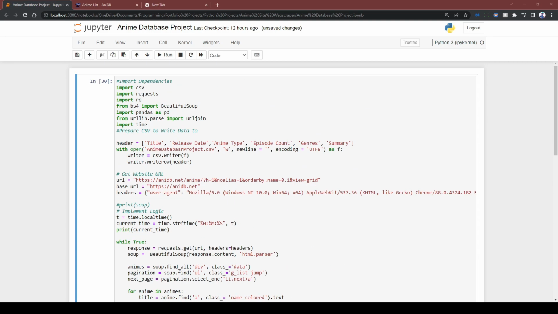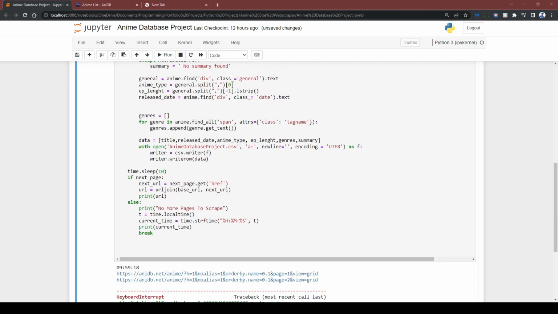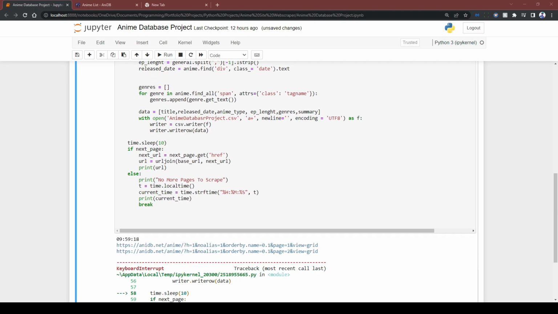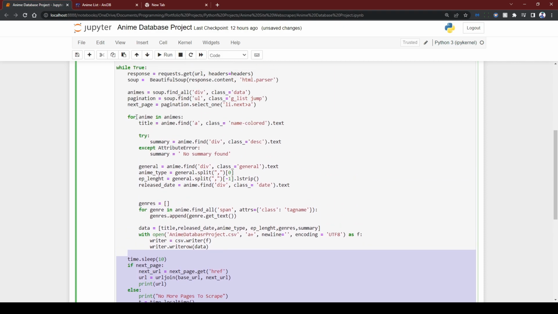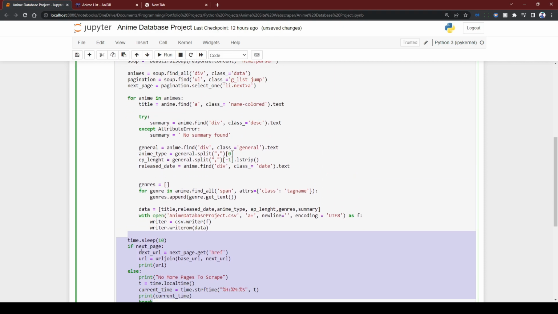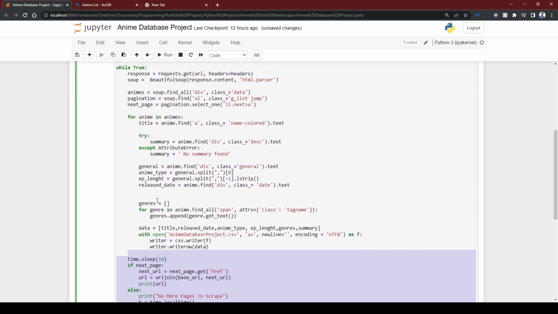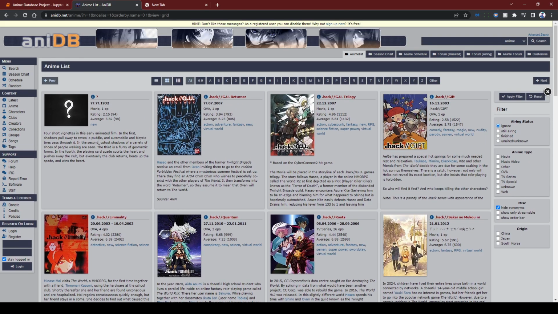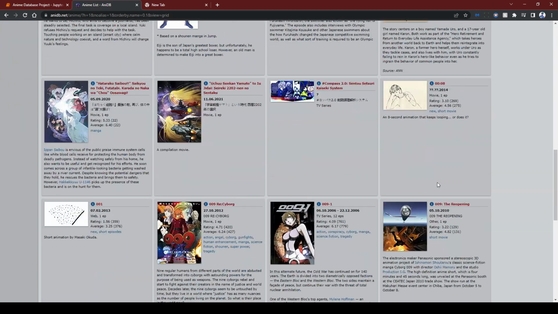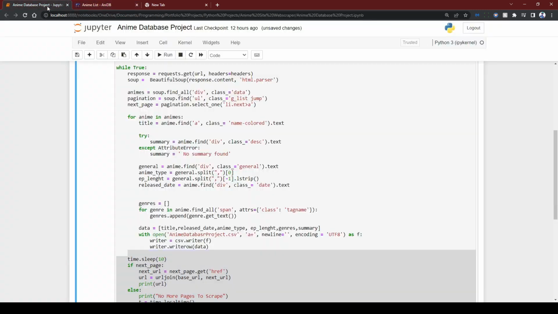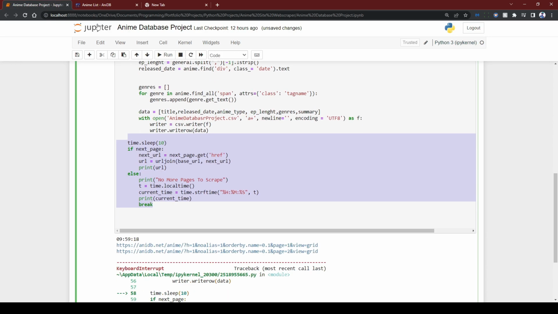Alright, so finally figured out what the problem was. Initially I had this block of code indented in the for loop, right? So the time.sleep was still in the for loop, so it kept sleeping for 10 seconds after it finished scraping data from each div called data, instead of sleeping at the end of scraping the entire page. And then when it did that, it would check to see if the next page still existed